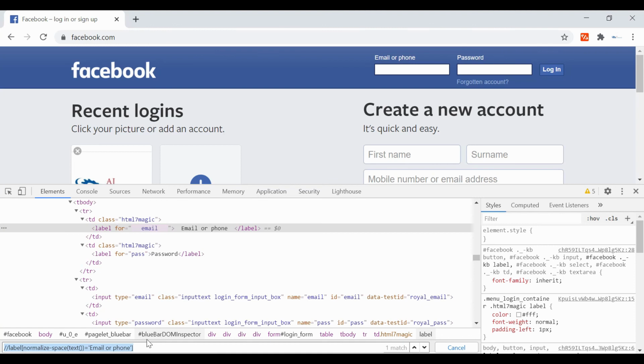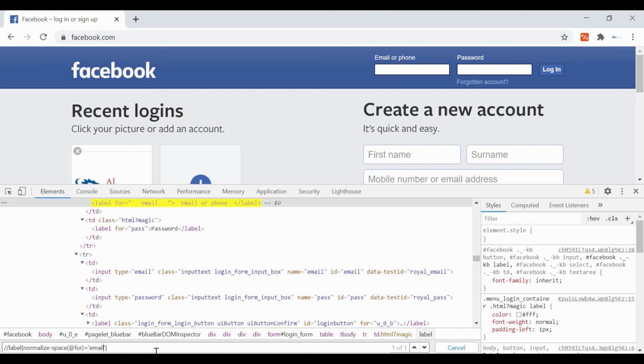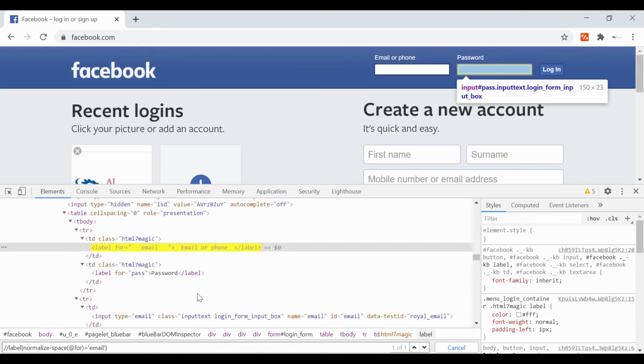Now if you want to identify this with the help of normalize-space, how can you do it? Normalize-space of the for attribute equal to its value, email. As you can see, it is able to identify that uniquely. We just use this normalize-space function on the for attribute, and we provided the value without space.